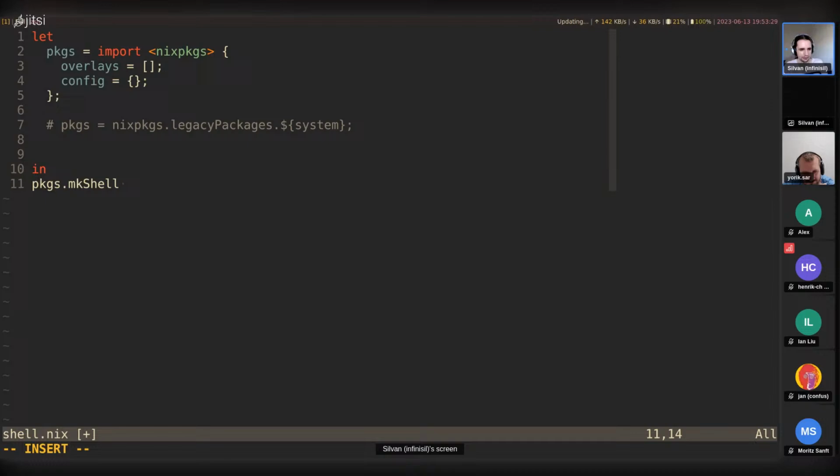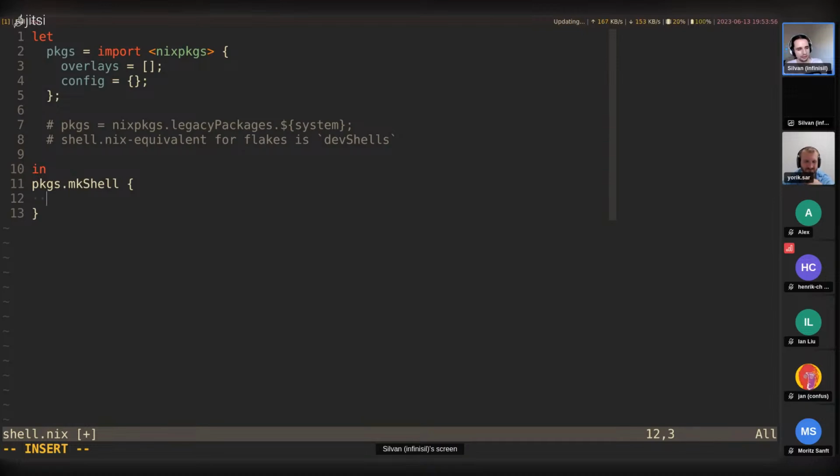So that's a function that is useful for shell.nix. Actually, the equivalent of shell.nix for flakes is devShells. You can find this in flakes tutorials if you want to go into that. And so mkShell